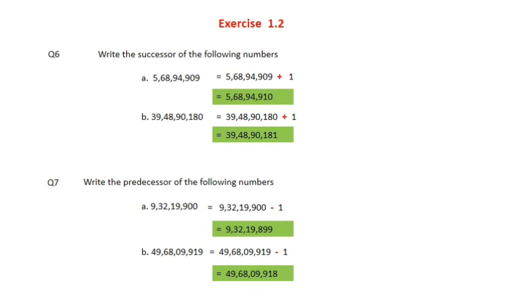Okay student, in this lecture we have studied how to compare two numbers. We have seen place value and face value, predecessor and successor, and how to arrange in ascending and descending order. I think your concepts are clear and you have understood very well. Try to solve. It's not just try, it is compulsory: you have to solve exercise 1.2 from question number 1 to question number 7 in your notebook.